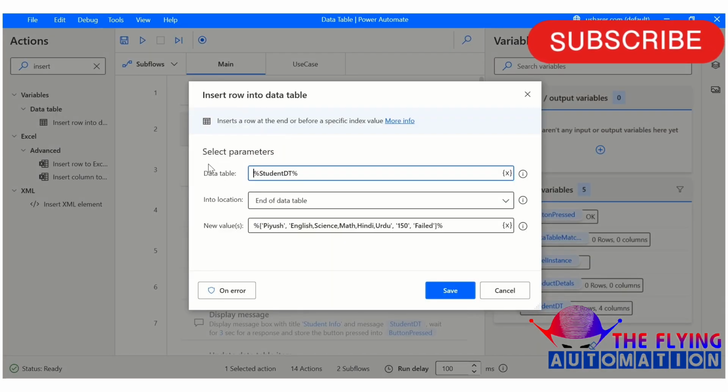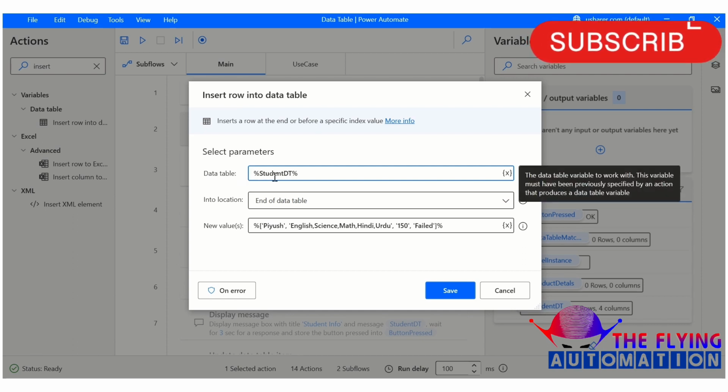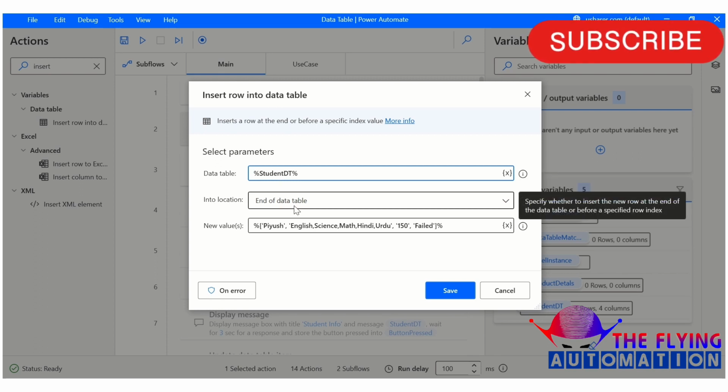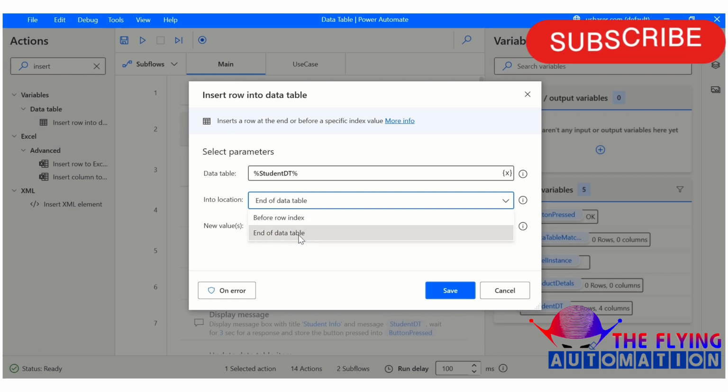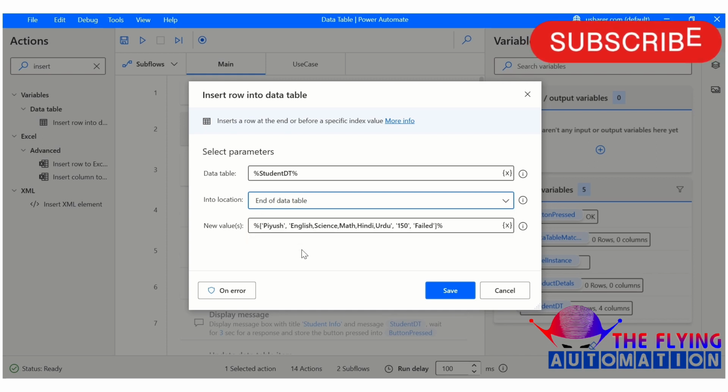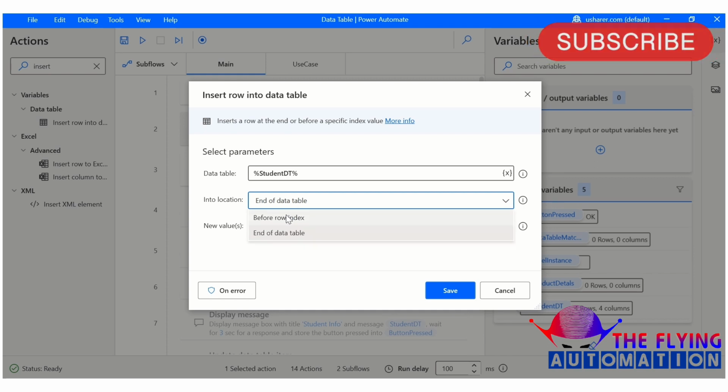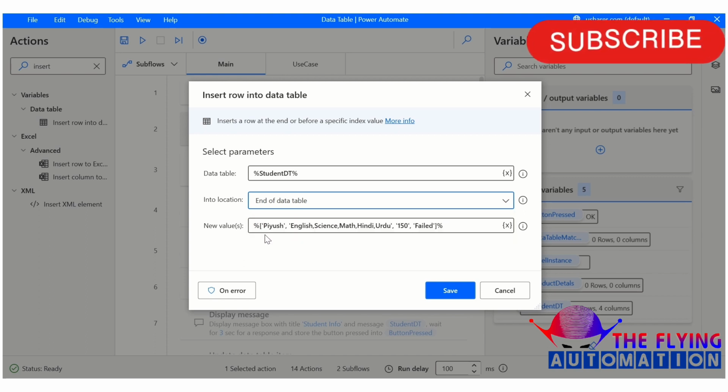As you can see, the parameter of this activity is data table. Here we need to mention dt, and there are two ways to insert a row into a data table using the insert row into data table activity. Let me explain one by one. Here are before row index or end of the data table. We will discuss end of the data table first, and after this we will also discuss before row index. Okay, so here is the way to insert the